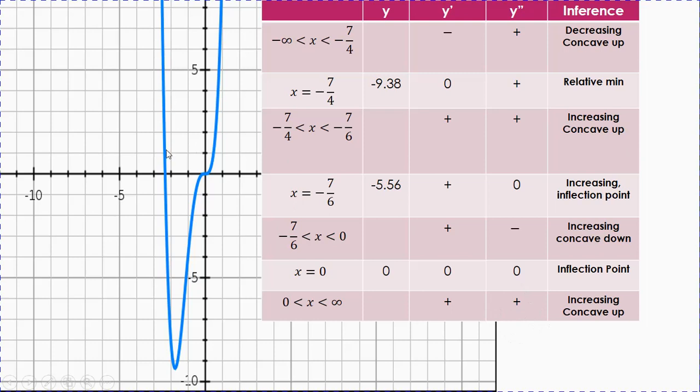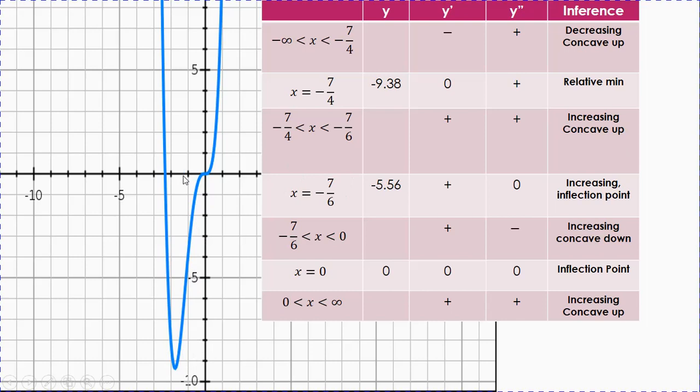So I can show it here on the graph. If I want to draw this, I start from negative infinity, and I go through the first x-intercept at negative 7 over 3 here, and go down, down, down. It's decreasing until the point x equals negative 7 over 4, and the f of negative 7 over 4 is actually here, negative 9.38, okay? And we have a relative minimum here. And then graph starts increasing, and it's still concave up until the point negative 7 over 6,